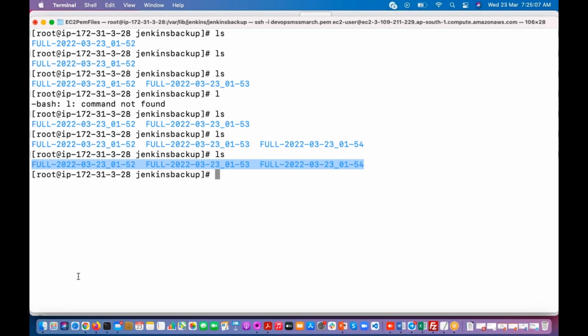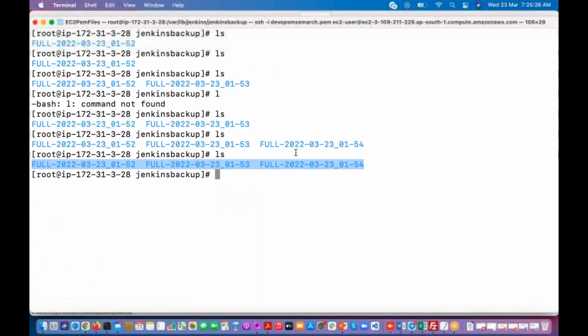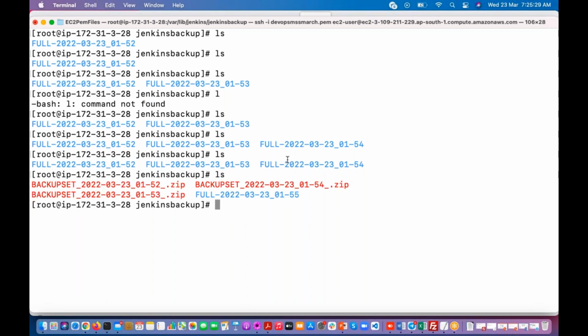Right. So now, click on backup now. So we have clicked on this backup now, right? What will happen? The 3 backups, old backups, for those 3 backups, it is going to create the zip files, and the current directory, current backup, it will be available in one particular directory. Just observe that,